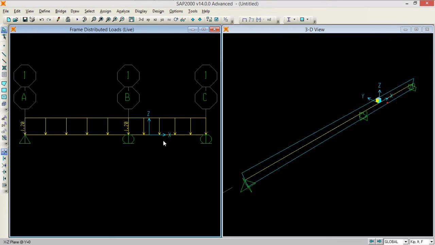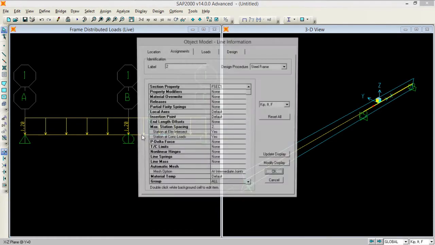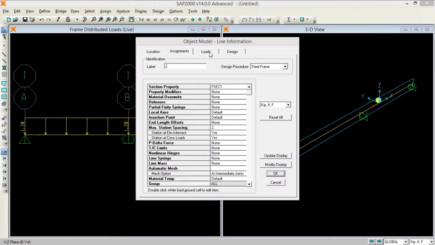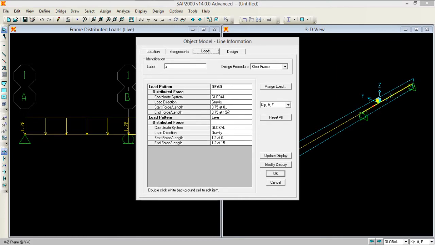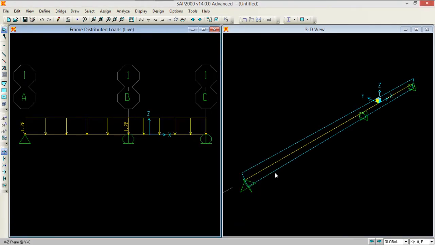That's okay. So both the dead and live loads are accommodated there. If you check this, go to loads and again look, 0.75, 0.75, 1.2 and 1.2, 1.2 and 1.6. So that means both the loads are applied on the structure, but here it is just showing us the recent one which we applied. So what the next thing